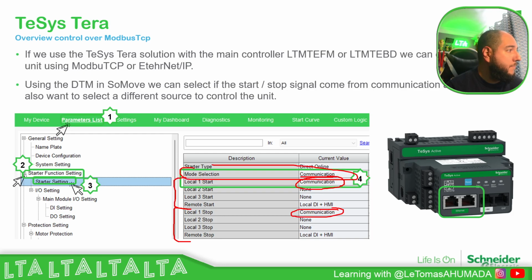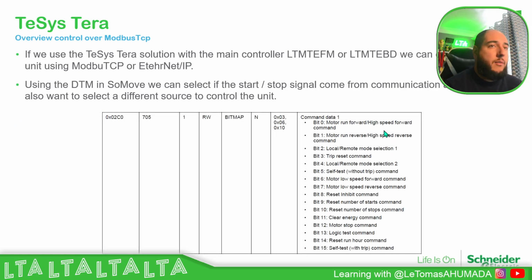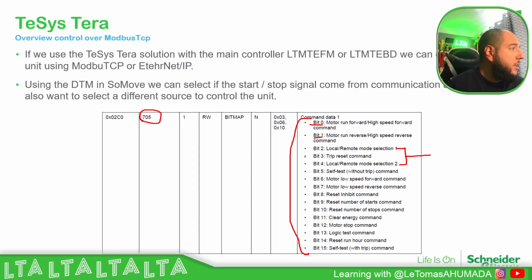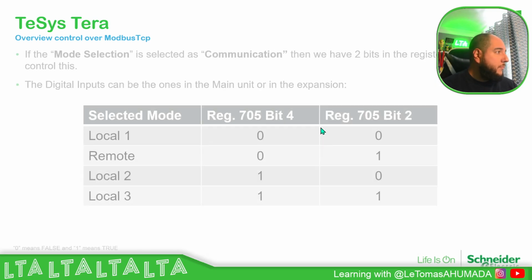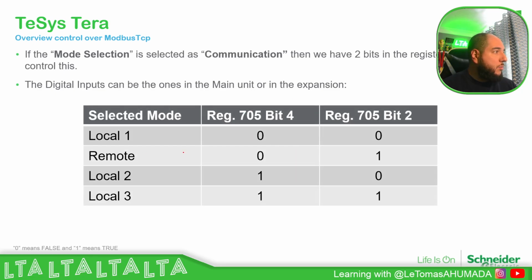But in this case, I haven't done it in this part. And then bit 3 is going to be reset trip, and in order to stop, you have this. Okay, so this is for the register in case you want to select. Okay, let's go to the